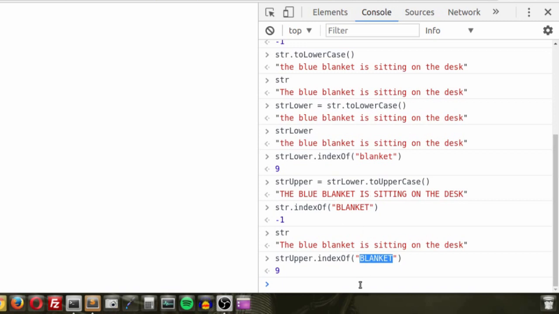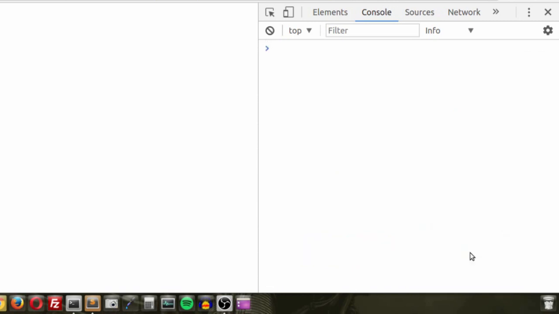Now, I'm just going to clear this, type str again so that we can see what we're working with. What if we wanted to change str to instead be the blue blanket is sitting on the desk to just be a fragment of that? Well, I don't want to overwrite this yet because I'm still going to be using the str, the string variable. So instead, I'm going to write abc because I don't care what the variable name is at the moment,